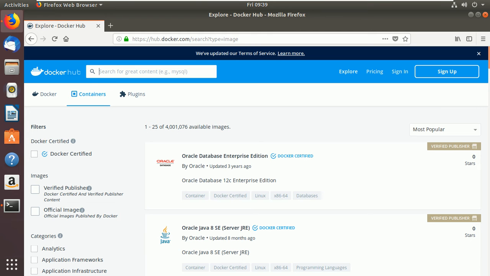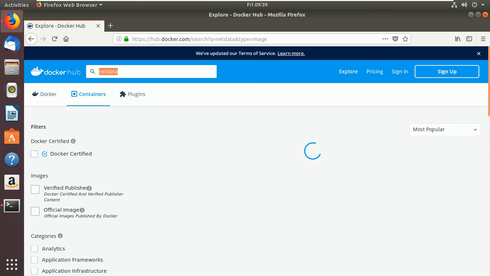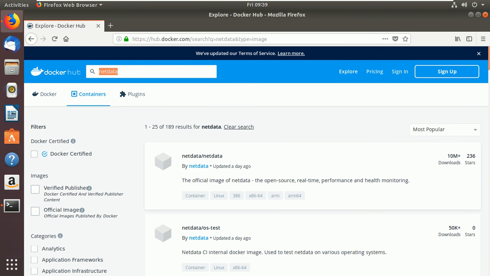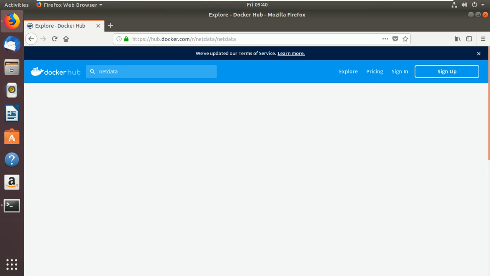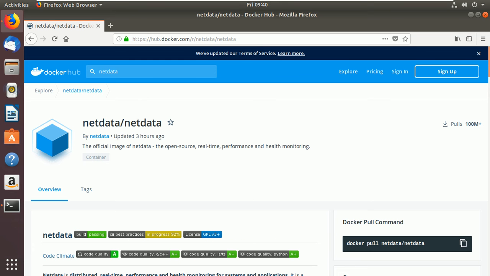That service is called Netdata. Once you click here, you will find Netdata. Can you see? This also has 10 million downloads. It is an official image, open source, real-time performance and health monitoring. You can see in your Docker how much is getting used and how much processor is getting utilized. Every single thing you can check from here. That's the beauty here.